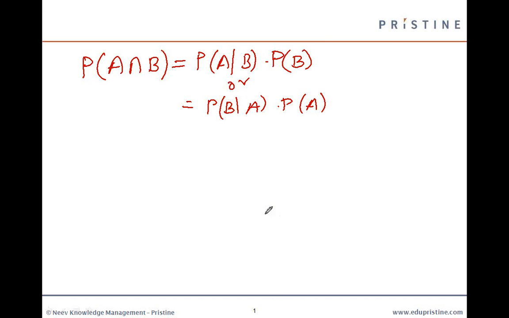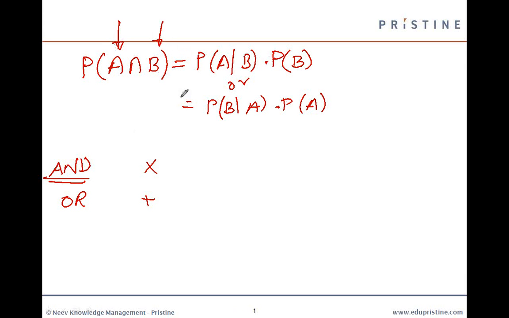There are some golden rules that you need to understand when it comes to probability. Anything that asks a question such as and is always a multiplication operator. Anything that asks a question such as or is usually an addition operator. Here I'm asking the probability of me passing the CFA exam and me getting promotion. So the moment there is an and, it's a multiplication operator.